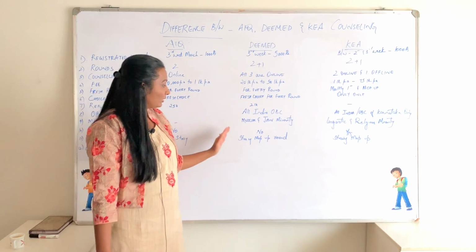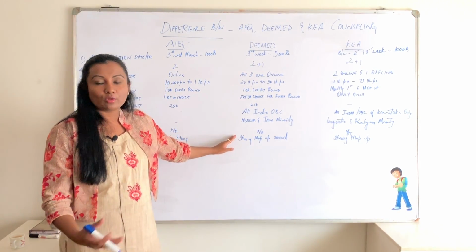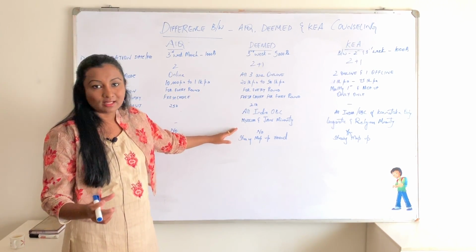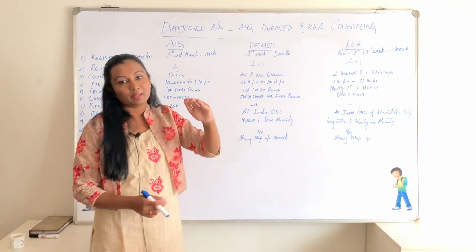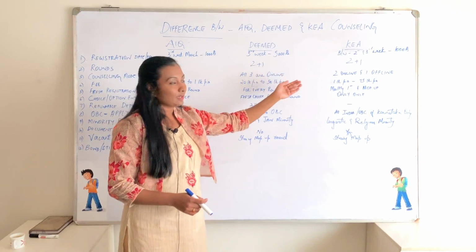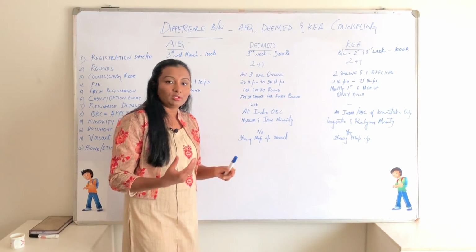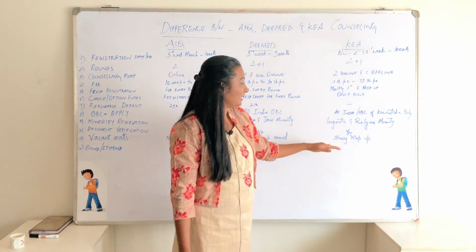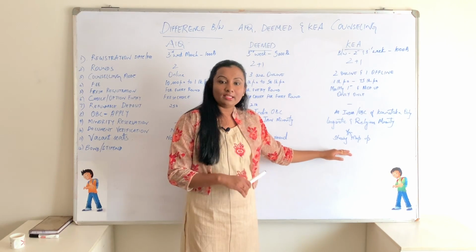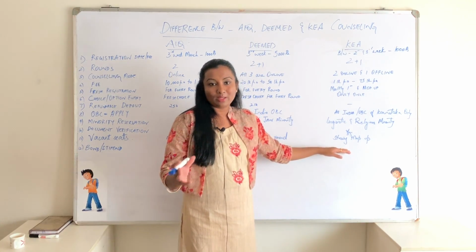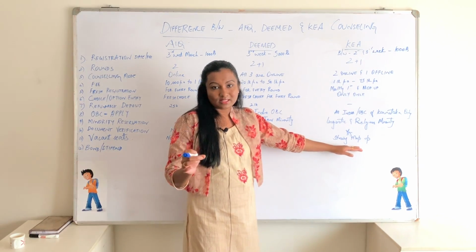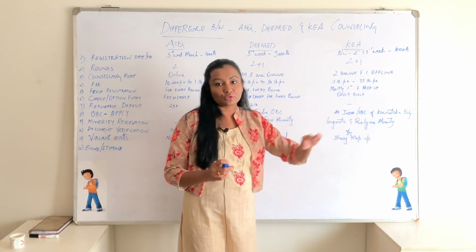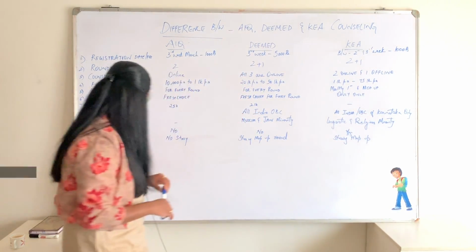Now in deemed, even for the stray mop-up, most of the colleges put up their counselling dates, that is when the counselling is happening for the vacant seats which have come back from the MCC. When it comes to KEA, of course, some colleges do put up dates, some colleges do not put any date as such, but KEA will update the list of all the vacant seats, and students who are eligible as per the list given by KEA can go and approach the colleges for the final vacant seats.